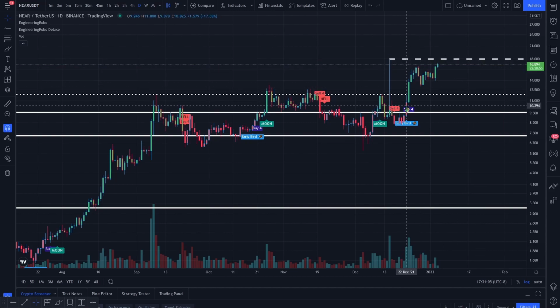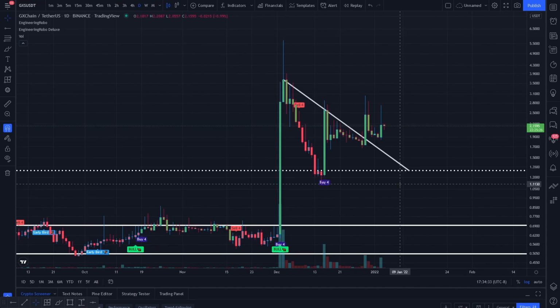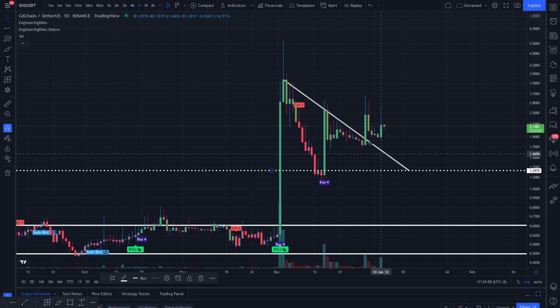Looking at coin symbol GXS, price action appears to be making its way out of this very crazy consolidation pattern, interacting with a descending trend line of resistance coming from swing highs found on the 4th of December. Price action is interacting with a support level at $1.29. This seems to be a key level that we have recently had a bullish interaction with. Price action is making its way out of this descending trend line. We could anticipate a potential interaction with it to confirm it as support, but under these conditions, we are anticipating